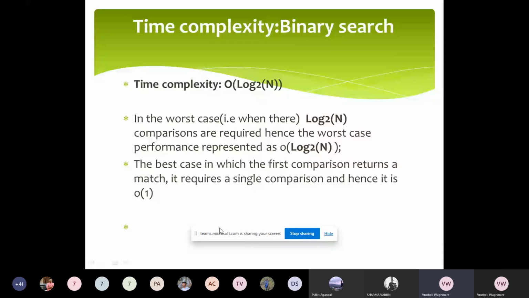This is a simple mathematical equation. So the time complexity of linear search algorithm is order of n, and the time complexity of binary search algorithm is order of log of n. So the binary search algorithm takes less time as compared to the linear search algorithm.